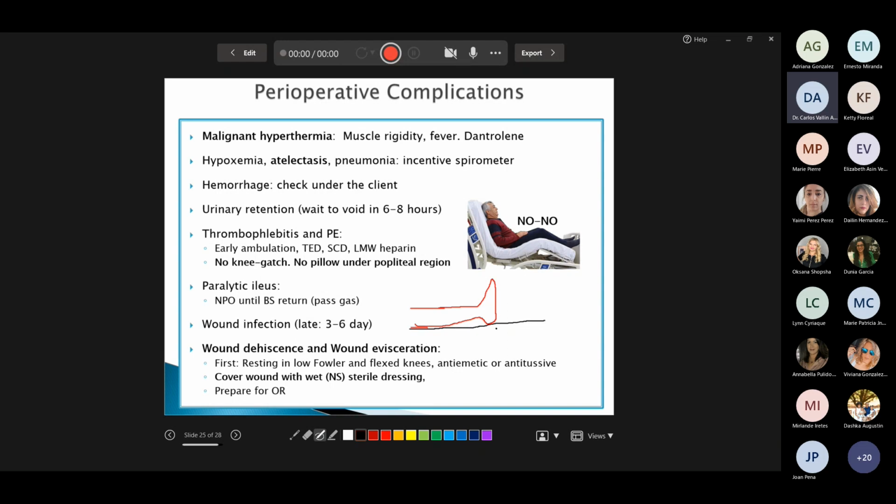So here you have bone and skin, a bony prominence, and this is a perfect site to develop a pressure ulcer. So the intervention is not to put a pillow here. Don't put a pillow here. No. What you need to do is,